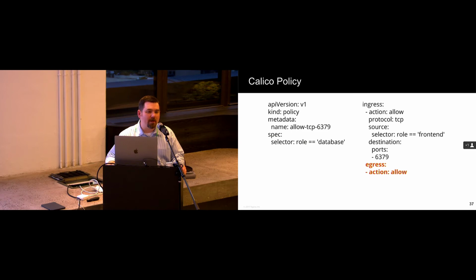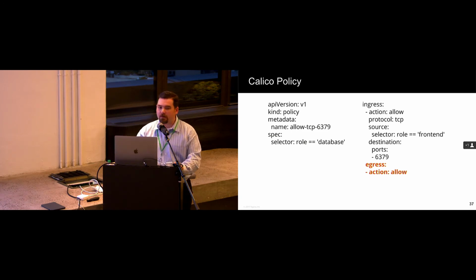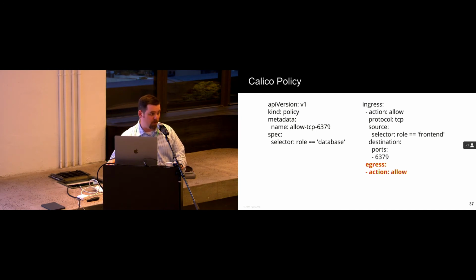So the question was, can we make the policies immutable? The policies by definition are immutable in that the policy gets rendered on whatever the available set of containers or workloads that are in the system at any given time. So the policy doesn't change. If the workloads underneath change or change their labels, for example, then different policies might be rendered. And by the way, we do that in real time.